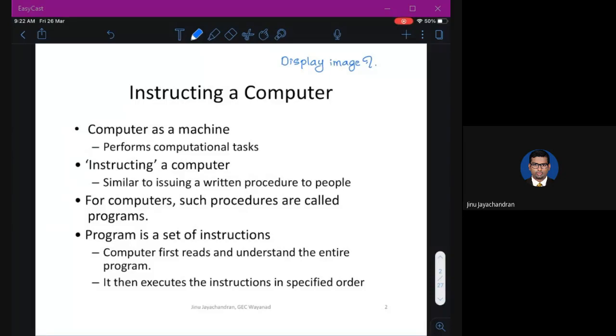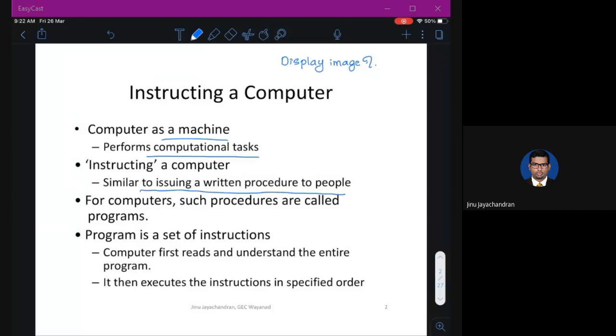A computer is basically a machine, and it performs computational tasks also. That is fine. But you need to instruct a computer to do something, which is similar to issuing a written procedure to people. For example, let's say I tell my mother to make me some tea.